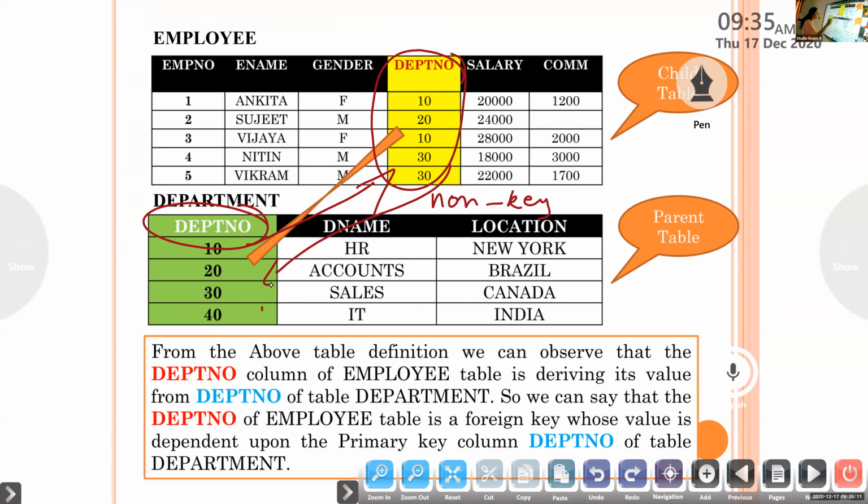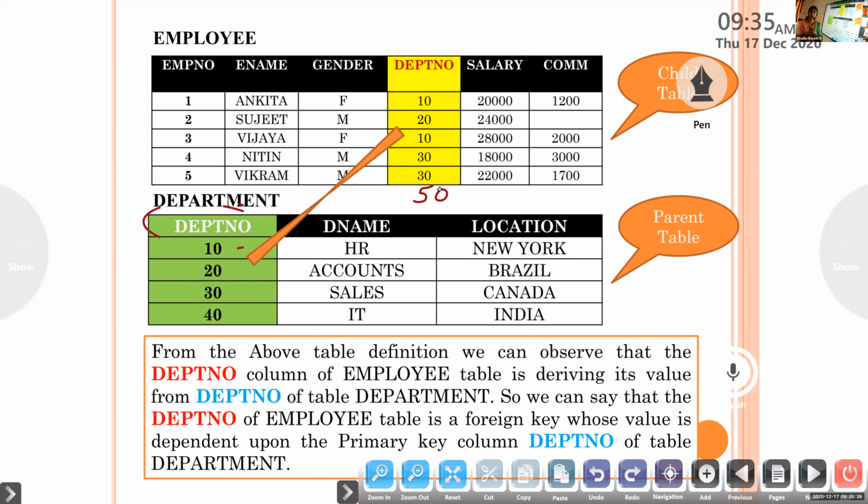You can't write 50 here. Why can't we write 50 here? Because 50 is not in department table. There is no department called 50 with any name. So if there is no department in that company, how will an employee work in department number 50? So this is how we have studied the different advantages of DBMS.